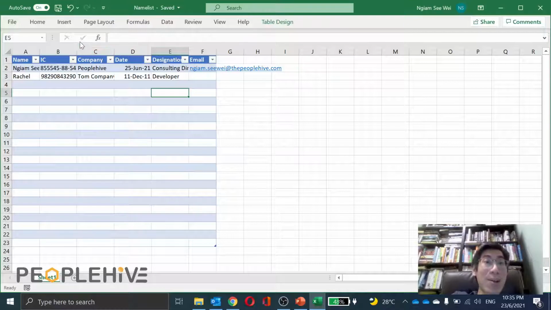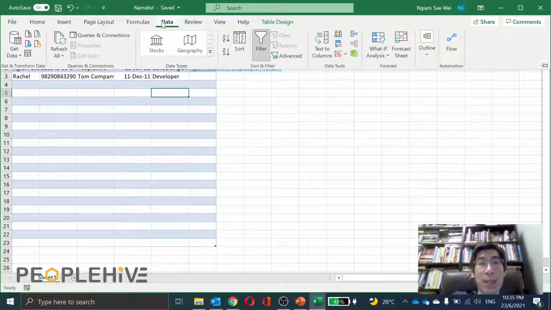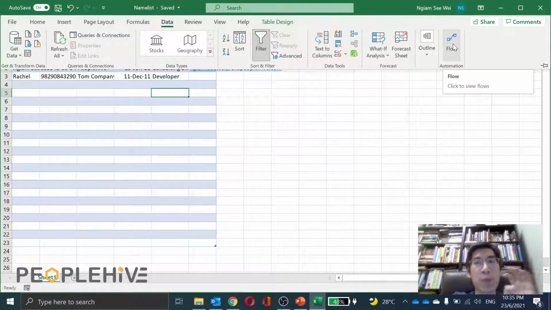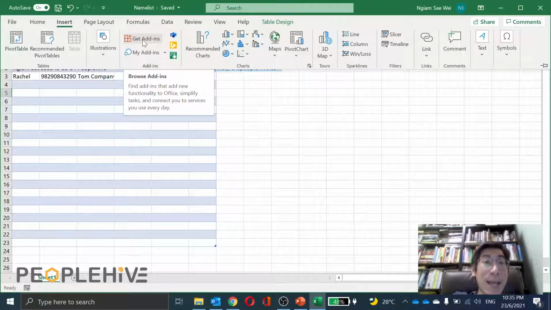Okay, all right, so how do we proceed then? The first thing is this, right? We will need to have this flow button here, and most of you will not have this flow button on your computer right now. So how do you get this flow button? I want you to press the insert tab here, and under the insert tab you should have this get add-ins. Yeah, get add-ins over here. Click onto it,